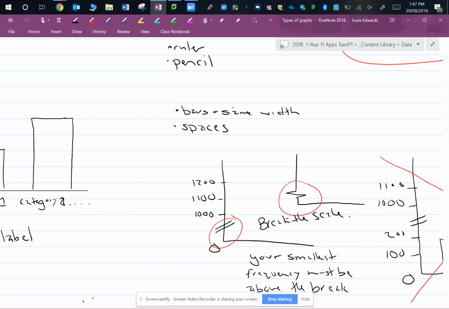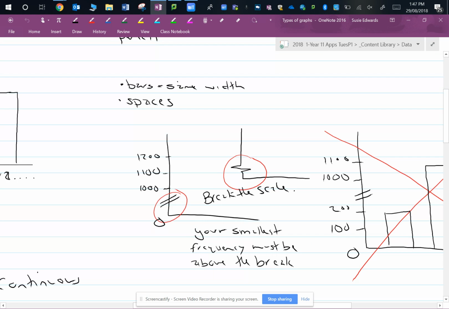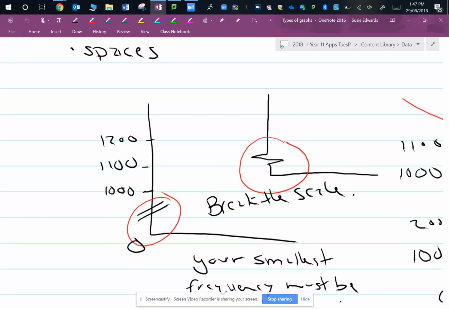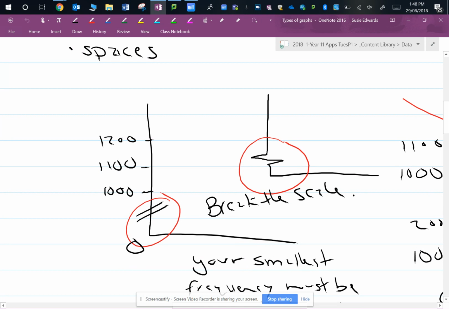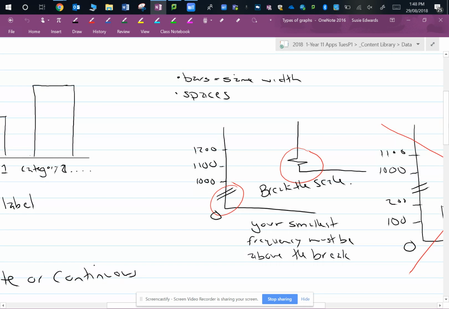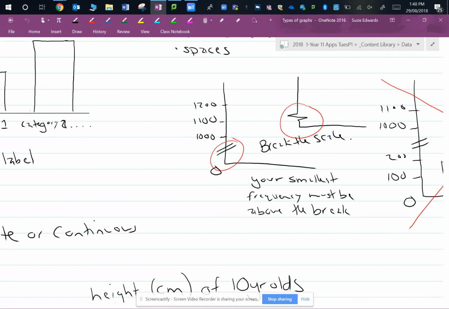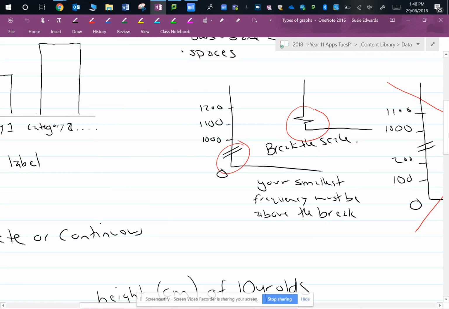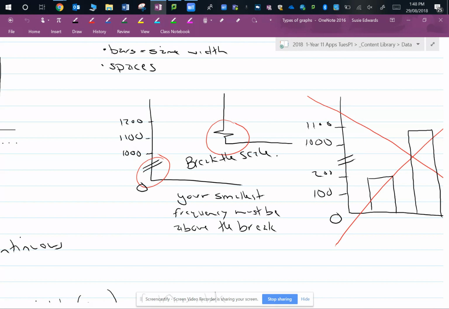Just to be aware, you can also break the scale. I actually break the scale on most graphs, but you need to be aware of what it looks like. Breaking the scale is either a zigzag or just two dashes, but there are certain rules. If you're going to break the scale, the smallest frequency must be above the break. The smallest number you're graphing must be above the break,